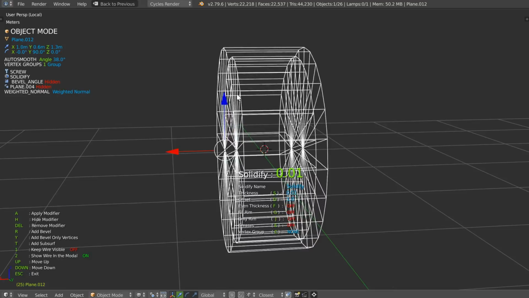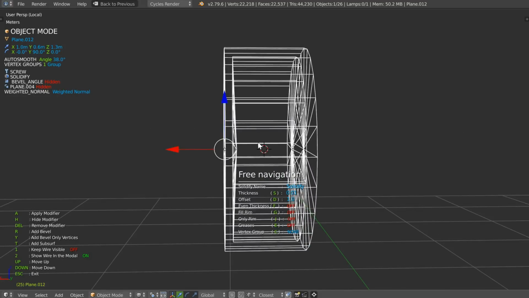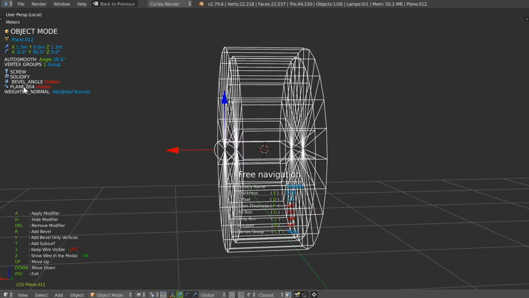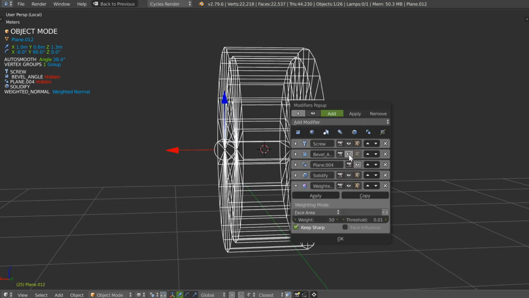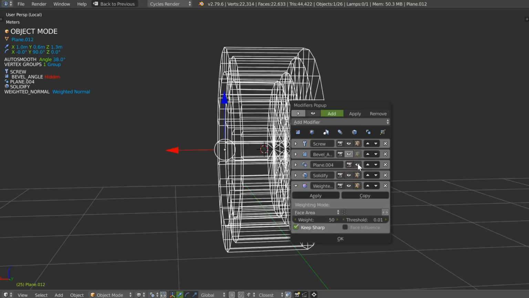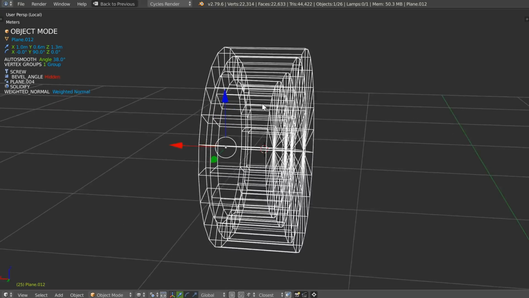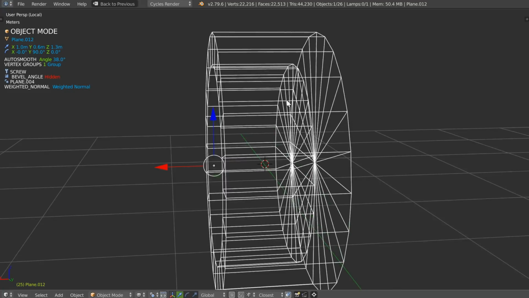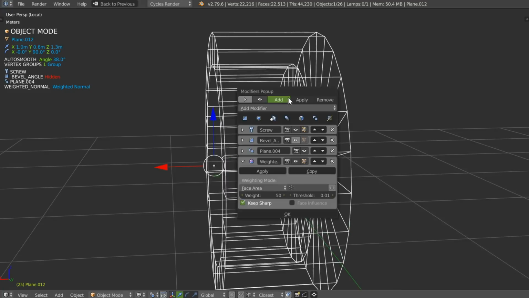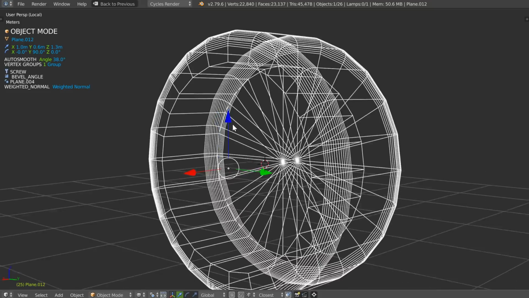In this case, it's working more. But the solidify must be after the boolean here. Because if I add the bevel now, first the bevel will not work. Maybe make the bevel after. But it's not perfect. No, I'm not sure you need a solidify. I think you don't need a solidify. Not you. Boom. And in this case,